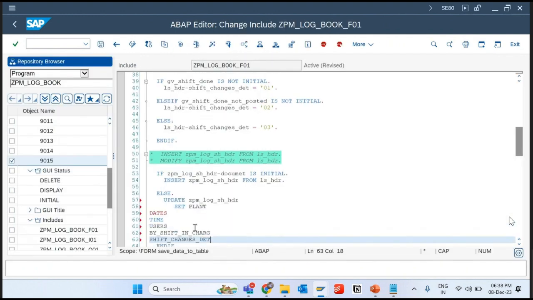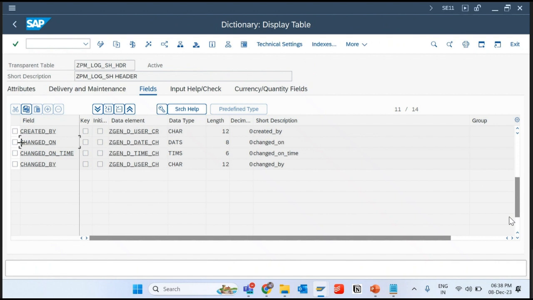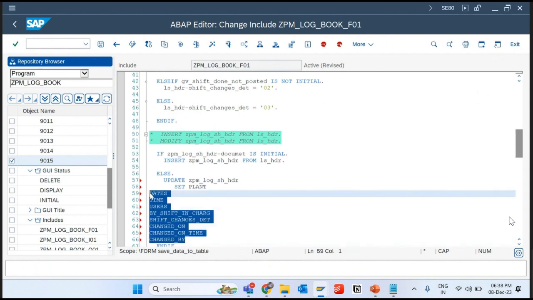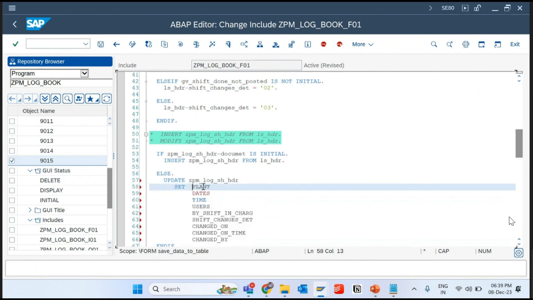Okay, this field and this field. Because the modify statement you already know. So I'm not writing a modify statement, but the modify statement also will work in this scenario. I'm showing you the update statement, okay? Because we didn't study the update statement yet. So ls header plant